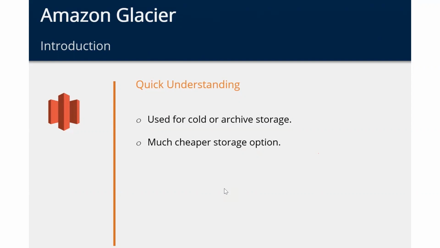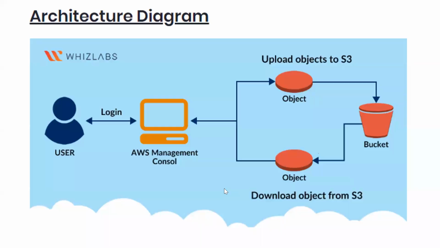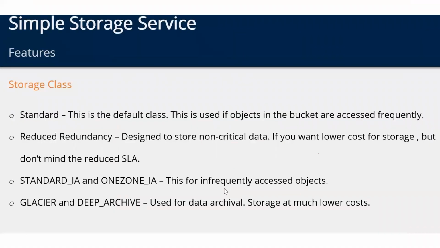I told you, right? Cold or archive storage means it's not urgent. Whatever information you save there is not urgent. It's called cold or archive storage, as the name suggests. Much cheaper storage. Again, it depends on the speed and on the application's resilience, and we have pricing based on that. Archive is slow and you can wait for it. That's why it is the cheapest storage option among all these four, if you remember.